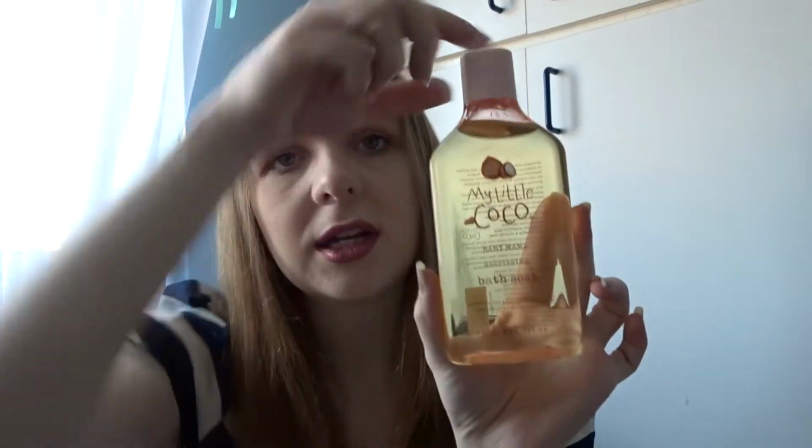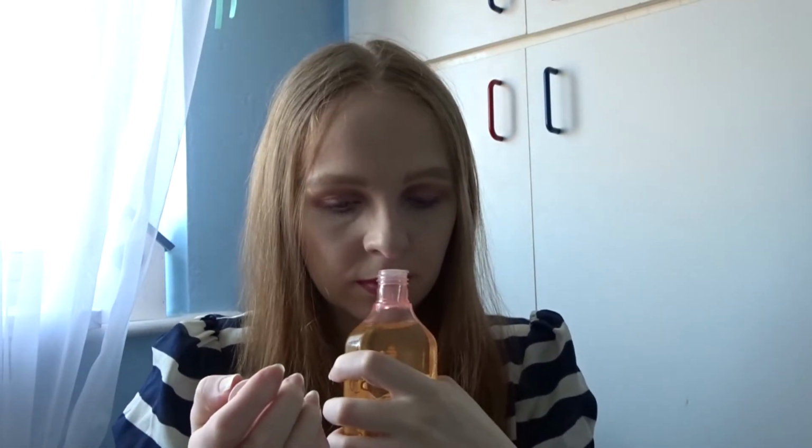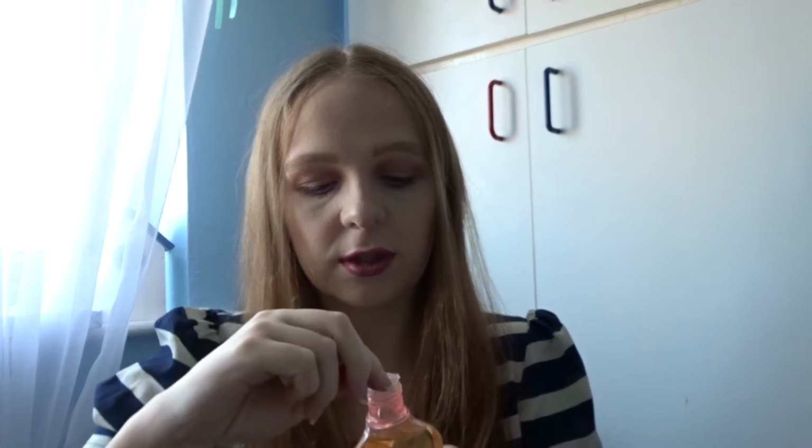So the next things I've got are a couple of slightly more baby themed items, but like mum to be items. So I picked up the My Little Coco Baby Mama Nourishing Bath Soak. Oh, that actually looks quite good because I've got a white background behind me, you can see it. It's a clear bottle, which makes it really, really hard to show. But I just thought, do you know what? I love a bubble bath. I love any kind of bath product that is...